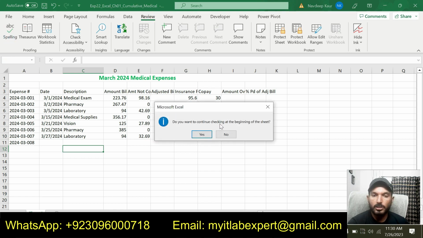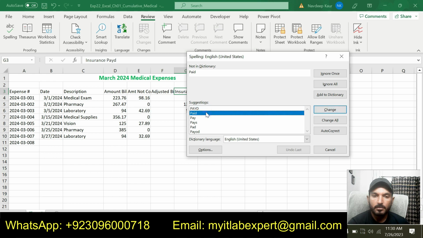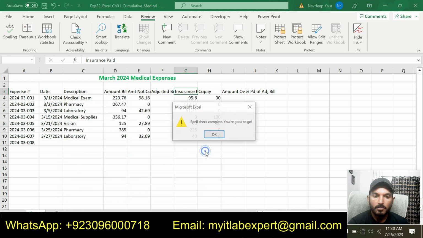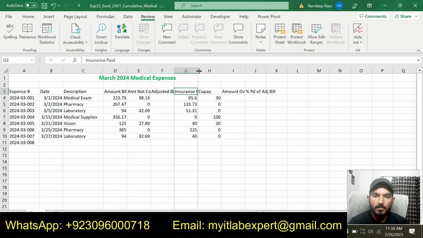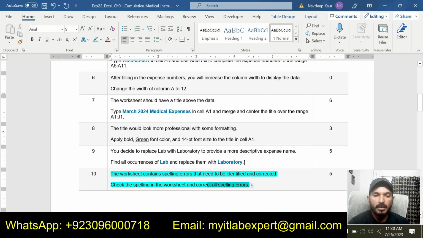Do you want to continue checking at the beginning of the worksheet? Yes. We will select yes. So I have checked the spelling errors that is required in step number 10.